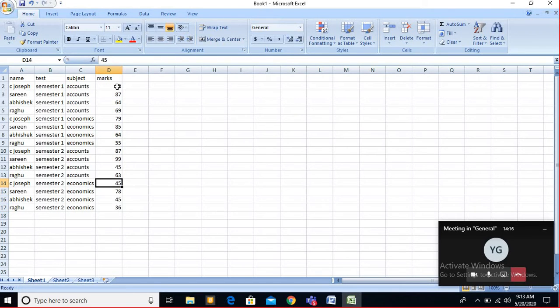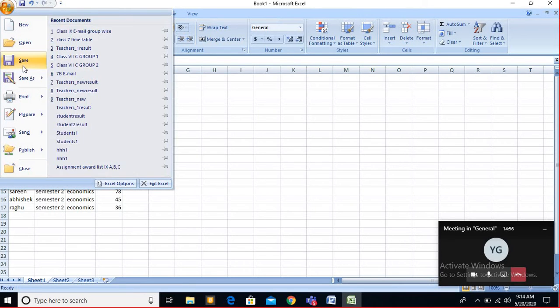Okay, now you see beta, I have created this data, but to make it clear, today I am going to create the data frame using the CSV file. So what I have done, I just made this data in Excel. If you see, in each column there is duplicacy except marks only. The names are repeated in the name column. This is semester 1, then semester 2. Accounts, economics, accounts, economics, that is repeatedly there. Then is the marks.